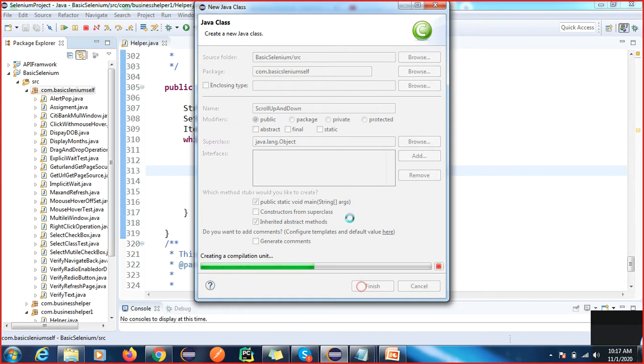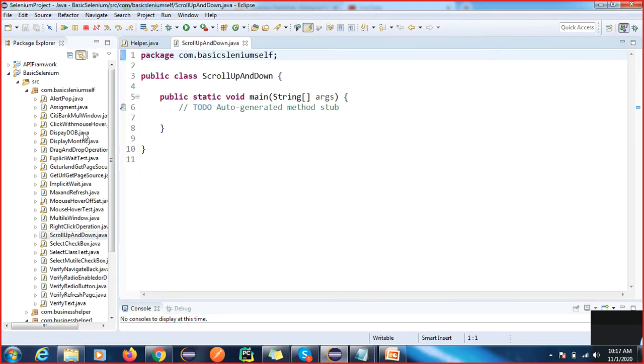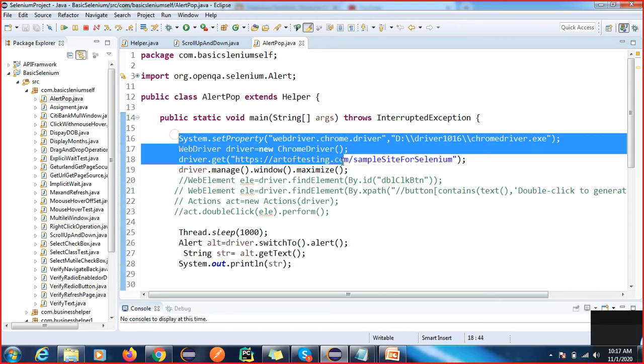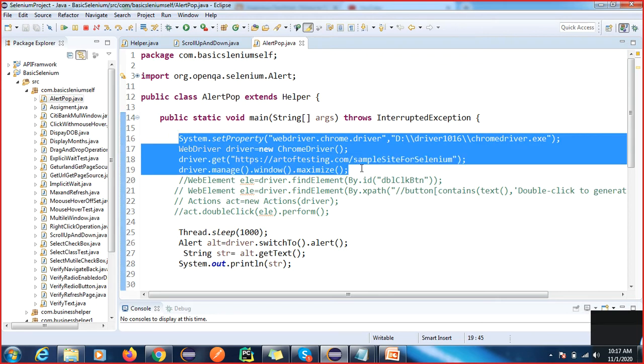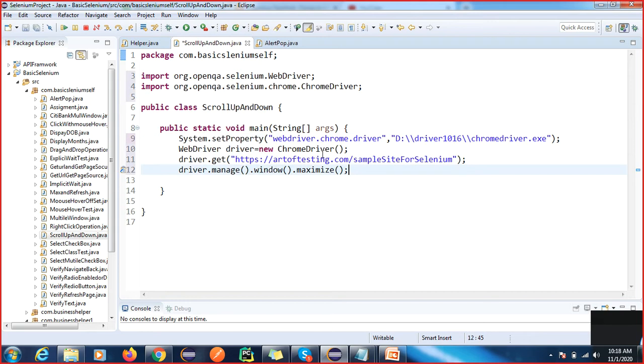So I will just copy this common step from another test case. Okay, so I'll copy this and paste it. So the URL we need to change.